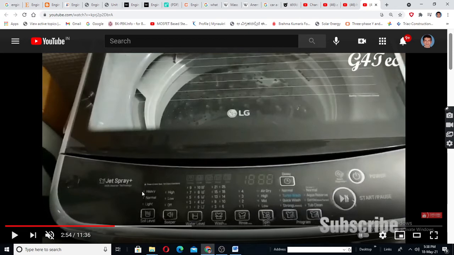If you select heavy, the motor will rotate with high speed and high power like that. So you can select for 5 minutes, 25 minutes, etc. Lot of options are there. First switch on this power, select the cycle, and then press start. Once you press start, then it will do itself.